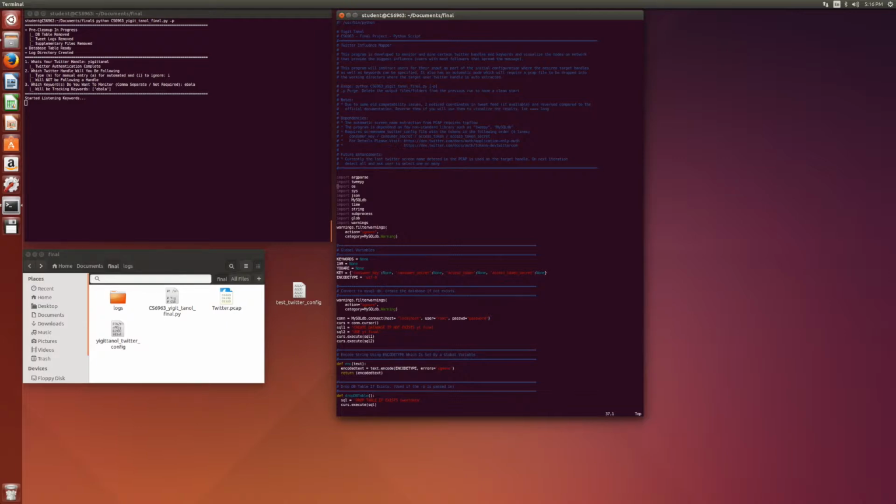So number one are the libraries. Most of these libraries are default libraries that help carry out basic tasks like parsing, making sure I can detect patterns in the files. For example, I wanted to cycle through every single file in the TCP flow output to see if there's a screen name associated with it, and etc. But the most important ones here are the TWEP, the JSON, MySQL DB,